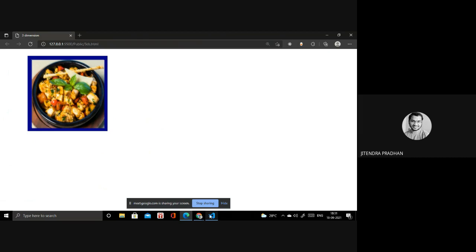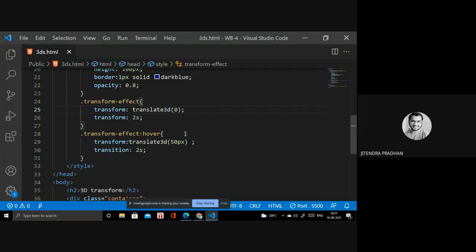Okay, it's not working. So if you want to move it in 3D in the x direction, you have to use translate. Wait, I will show you that one. So you have to go translate 3D and 0 pixel, 0 pixel, and 0 pixel.